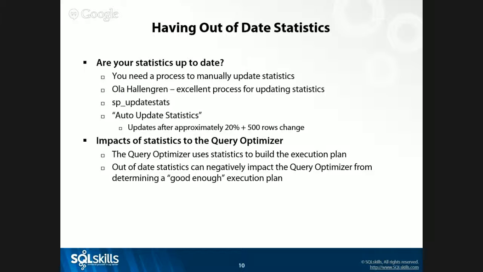With bad statistics, what's not good enough? I've had situations where CPUs were pegged at 100%. I go and I look, and we find the query that's causing the problem. We look at the plan, and it's horrific. We start digging in, and we notice that the statistics are way out of date. We go and update statistics. SQL Server is just fine.